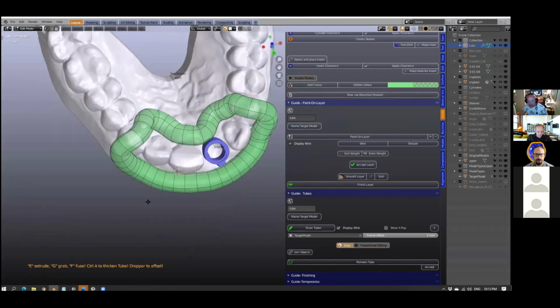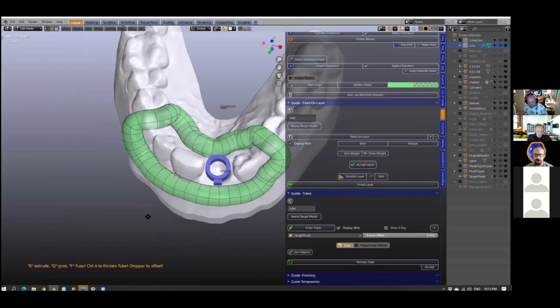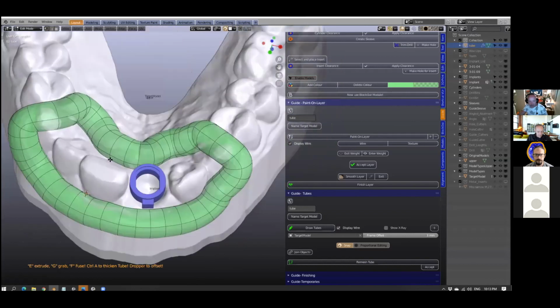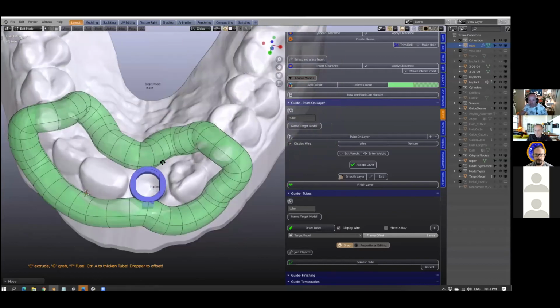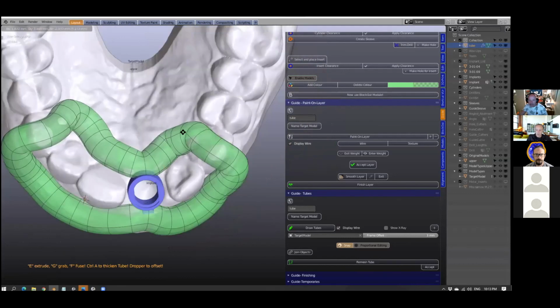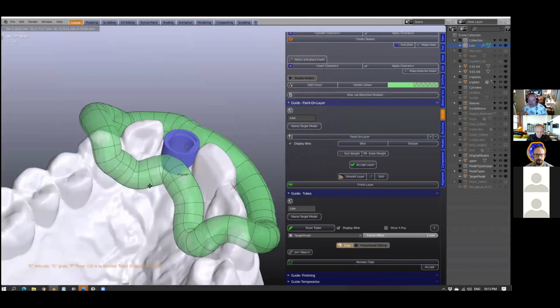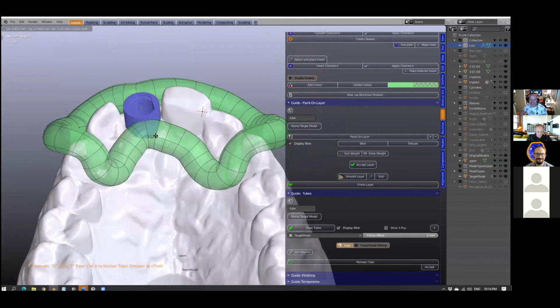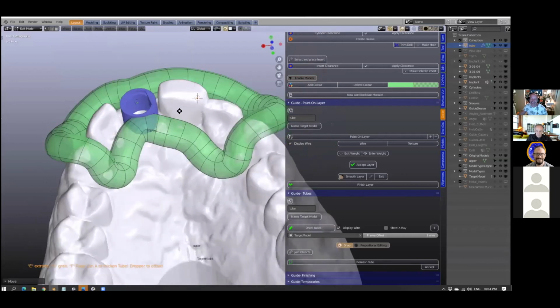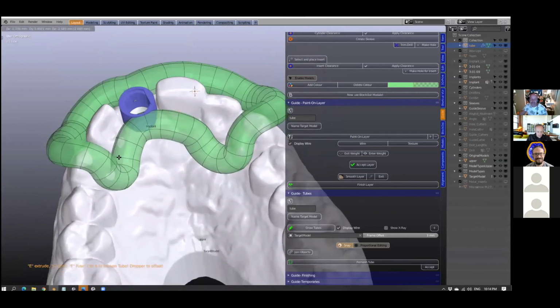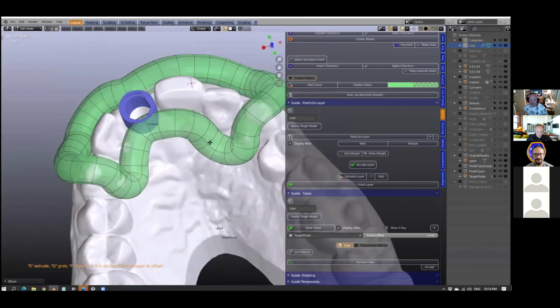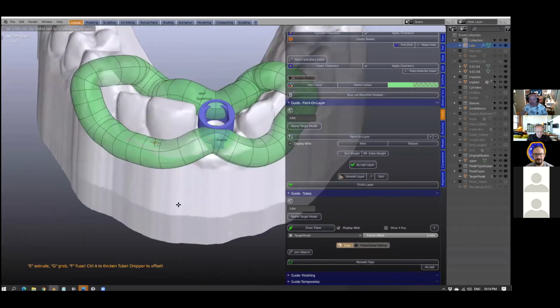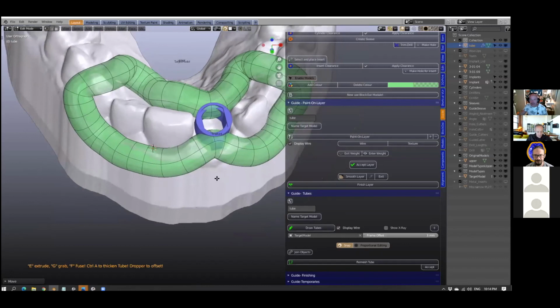One of our users makes it go through the teeth, which I think is absolutely awesome. But for now, I'm not an expert in making these, to be honest. I just designed the software. Okay. So I just wanted it to touch,